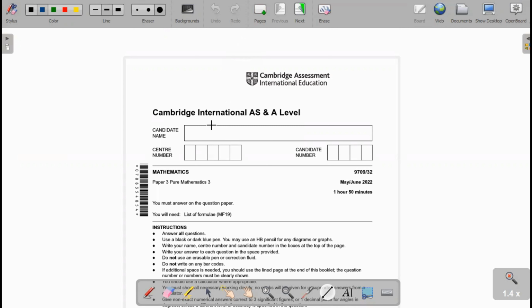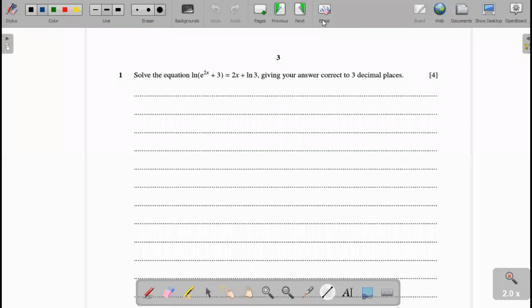Bismillahirrahmanirrahim. Today I will solve Cambridge International A-Level paper, paper 3, May June 2022. Question number 1, solve the equation ln e to the power 2x plus 3 equal to 2x plus ln 3, giving your answer correct to 3 decimal places. Here the equation is given. Firstly, we write this equation ln